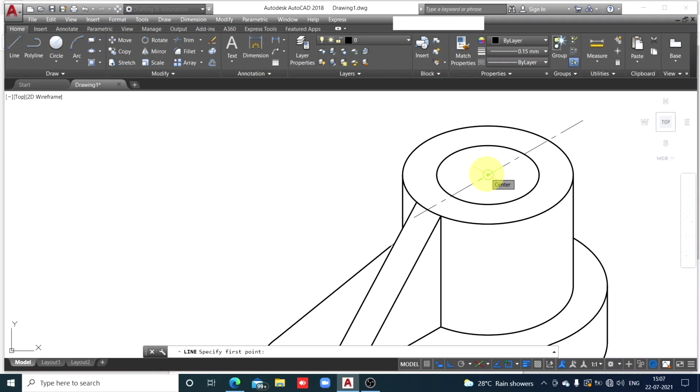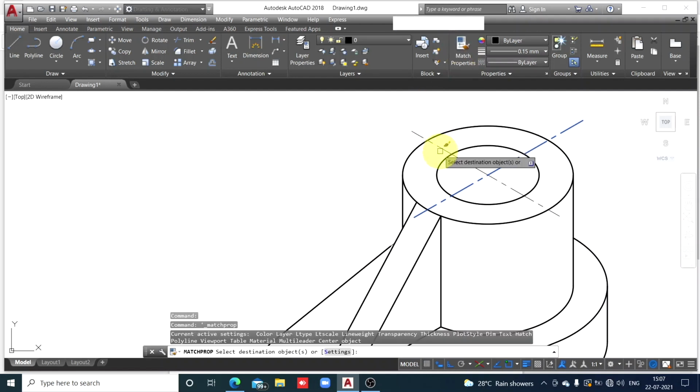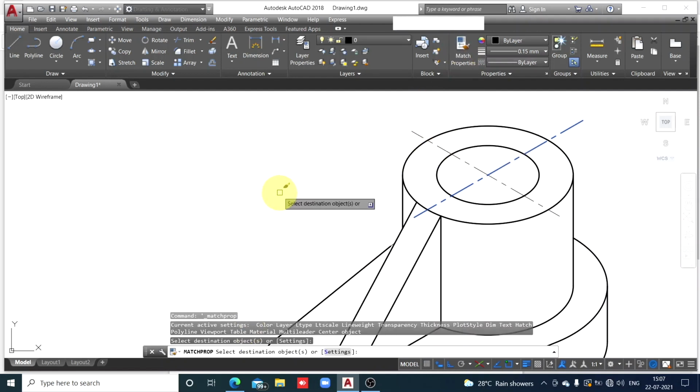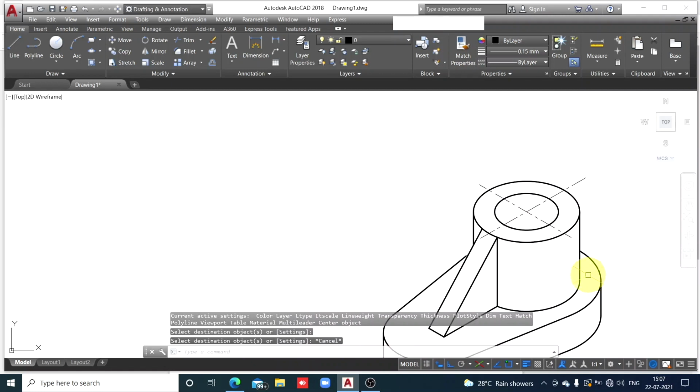Keep it there for a little longer and then track it. Just move your cursor a little outside the boundary of the circle. And this is how you draw the center line. Now match properties of the original center line to the newly drawn line. So this is how I have drawn the center lines for the top circle.